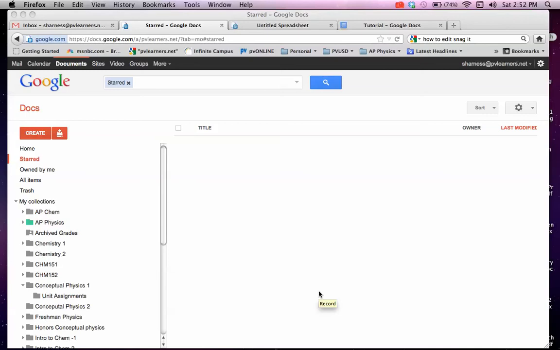Okay, this is a little tutorial on how to use our Google Docs or your PV Learners account to graph data and to actually calculate what would be the slope of the best fit line and the y-intercept. All right, so you're going to go into your Google Docs and you're going to need to create a